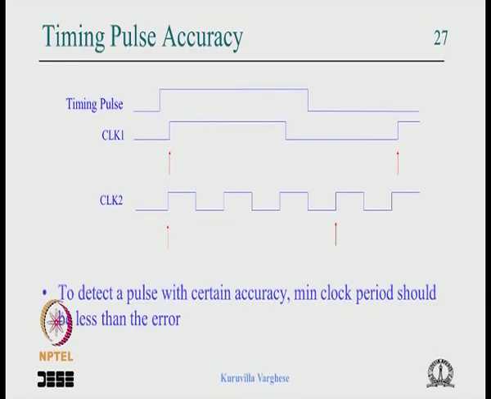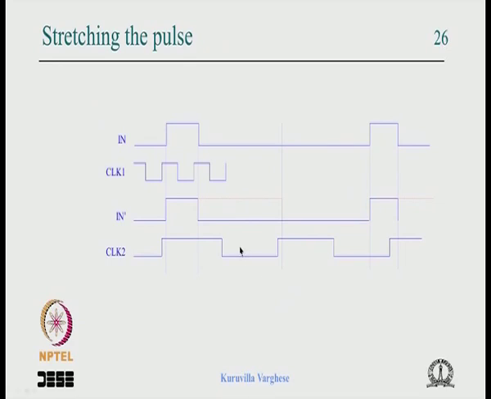So one other thing is that here we talked about a pulse being detected. Maybe there is no great timing requirement, it just has to be detected before the next pulse, then you can stretch it to any limit and detect it whenever you want before the next pulse. Or say the pulse width is 10 nanosecond, but it has to be detected within 500 nanosecond, no issue, you stretch it halfway then you can detect it. But it may happen that